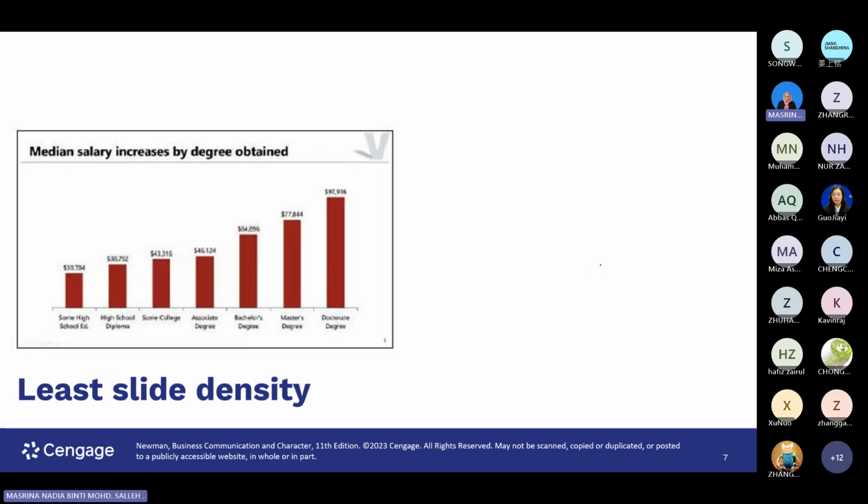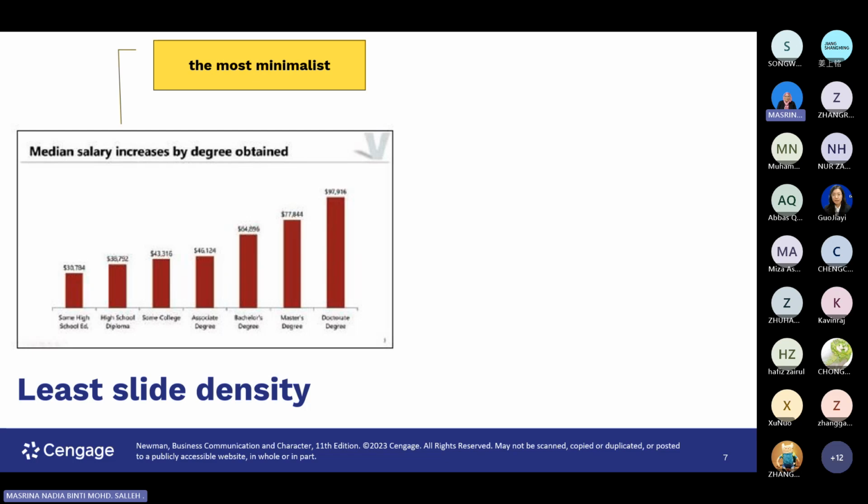So the last one, let's look at the last one. This is the least slide density. As you can see here, this has the most presentation formality. So let's say you're giving